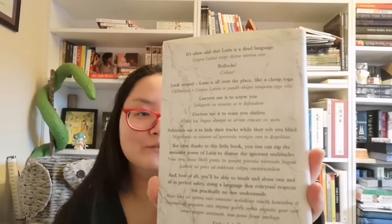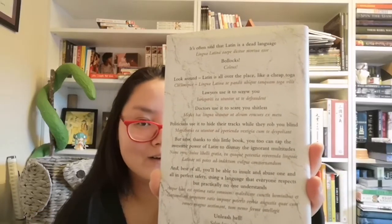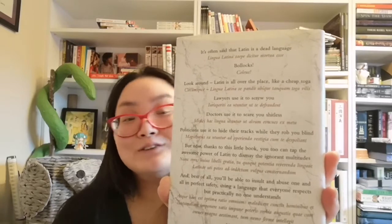I did manage to get one non-fiction book from Armchair Books, however. It was Extreme Latin, All the Latin You Need to Know for Surviving the 21st Century by Henry Beard. I want to know Latin, but we're nowhere near there yet. What's really fun though is that the blurb is bilingual, which my language-loving heart adores. It's also really funny. I also got 20,000 Leagues Under the Sea by Jules Verne